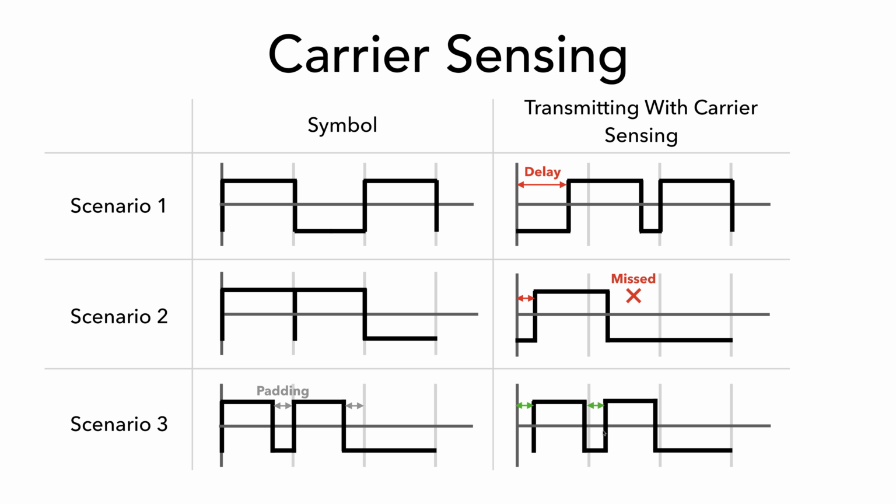So that's how we got around this problem of carrier sensing. And once again, it's not perfect. We could have carrier sensing last longer than the padding, and then we could run into these same exact issues I just showed here in scenario 1 and 2. So the padding is not perfect, but it helps resolve a lot of these issues that we were dealing with in typical carrier sensing. So if you had a really congested network and carrier sensing was delaying a long time, the random backoff was getting delayed a lot, then this would not help with that as much. But for smaller delays, it solves that problem.